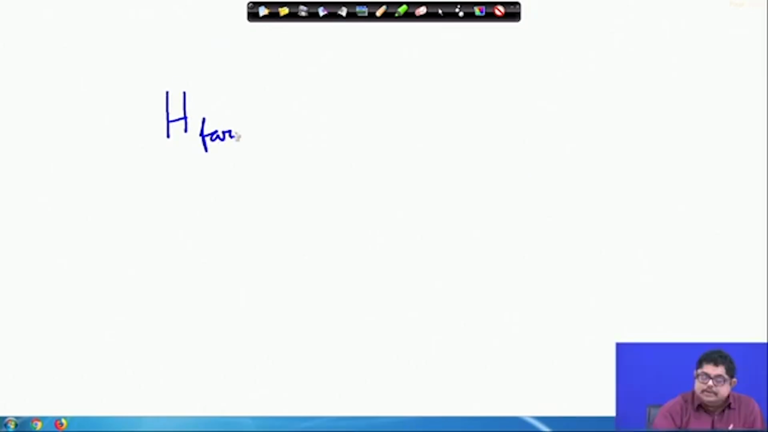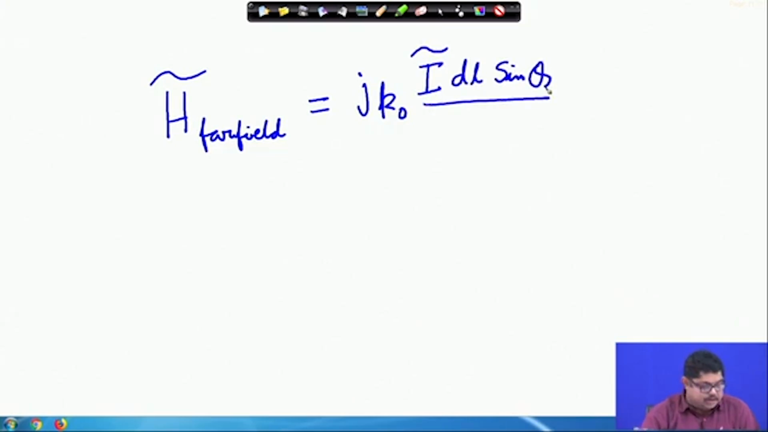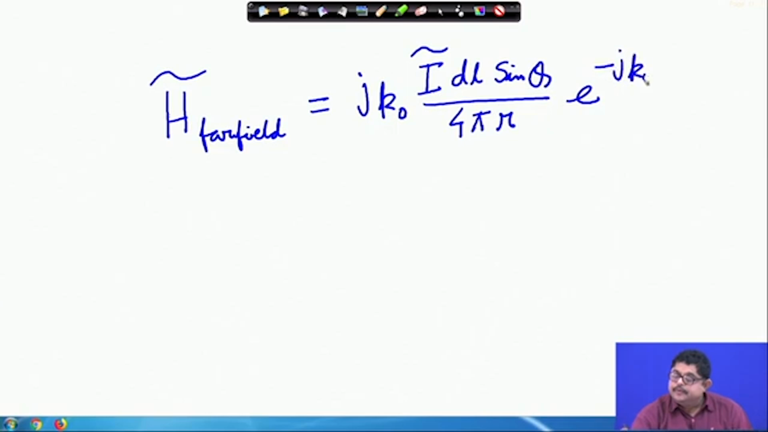So, I can write this far field component for later use. H far field I can write as j k naught I dl ideal sin theta, and this shows it is a wave, it is going out in the azimuthal direction,